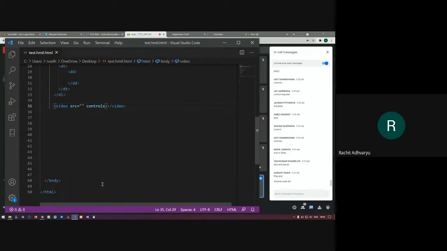Other than that, we also have one more command called embed. How many of you know this embed command? Other than video and everything, we also have the embed command. What is the use of embed? Tell me. Anyone? Embed command? Please don't Google it.